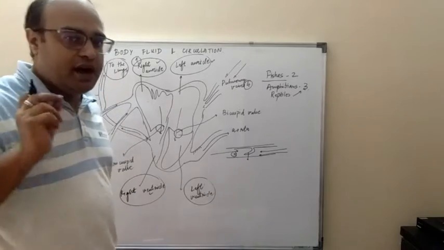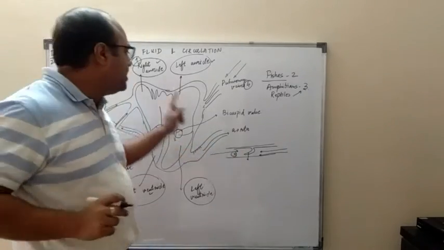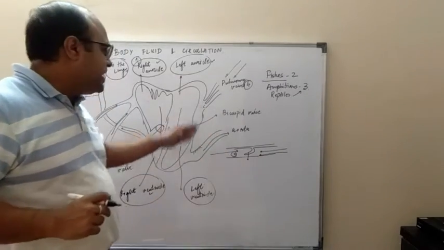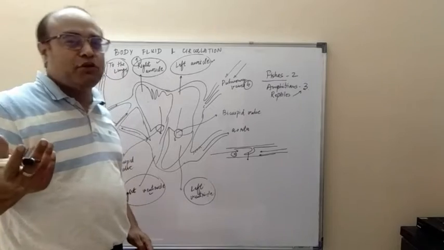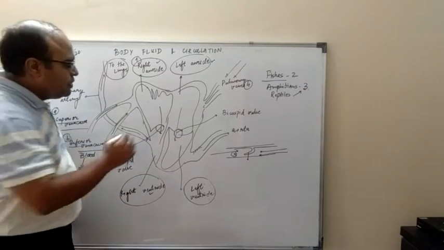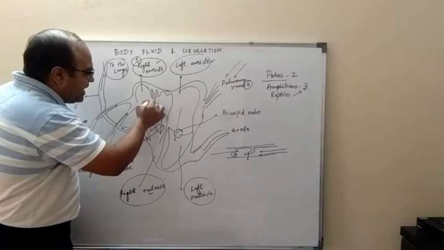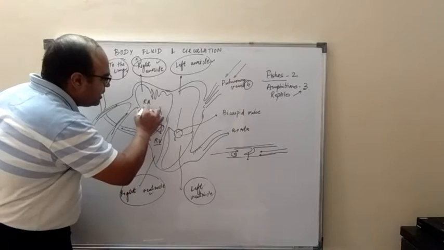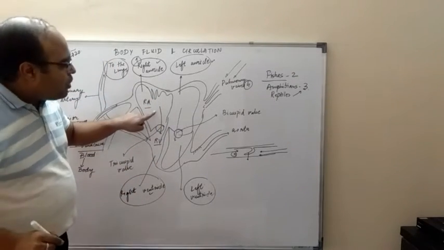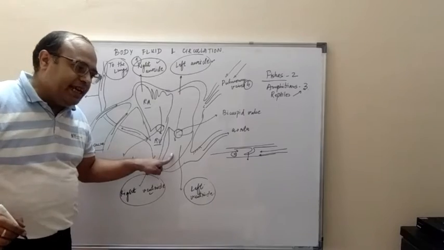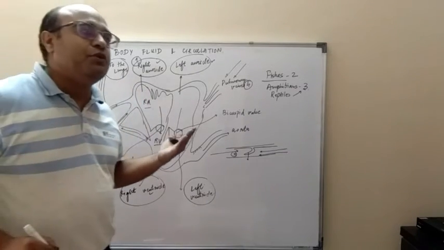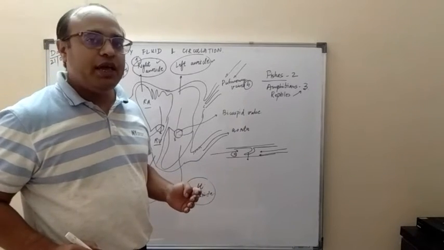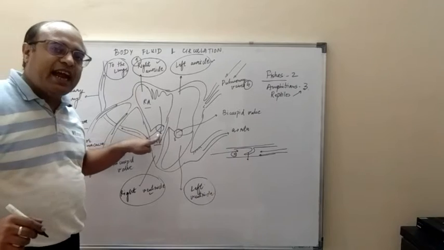This is the function of the valves in the heart. Wherever these valves are present, in the advanced lectures I would be dealing with what the valves are, where they are present, what they are known as and what they do. Here there is a valve present between the right auricle and the right ventricle. When a valve is present between the auricle and the ventricle, such valves are known as auriculoventricular valves, AV valves. Here it is a tricuspid valve.